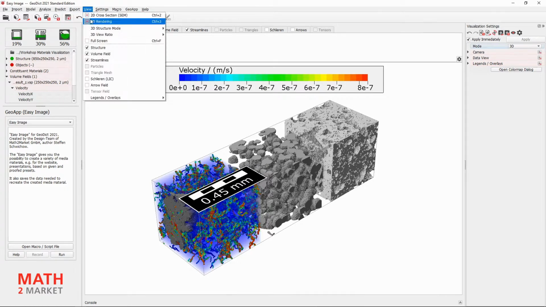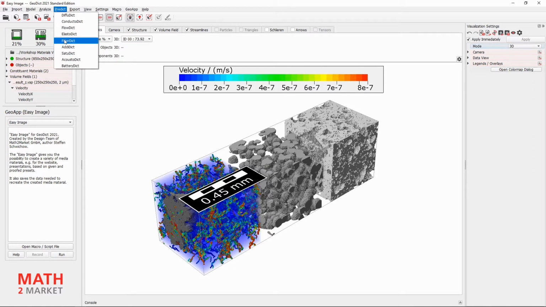FilterDict is our filter simulation module, which works with simulating fluid flow through a microstructure and then evacuating particles along with the flow. These particles can then interact with the filter structure and get either stuck in the filter structure due to mechanical reasons or electrostatic attraction, for example. Or they can make it through to the other side. We are going to look at the so-called FilterDict lifetime simulation, which estimates the lifetime of a filter.